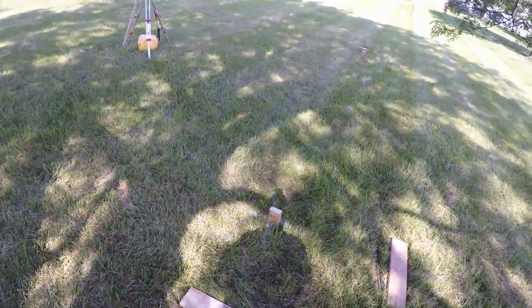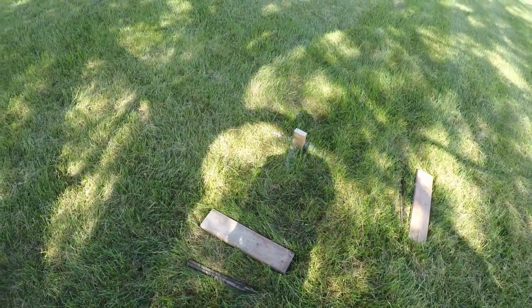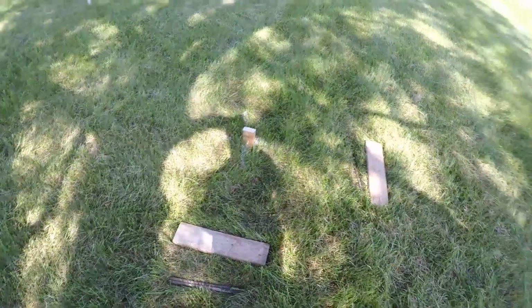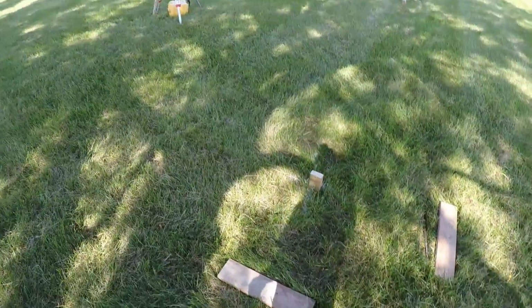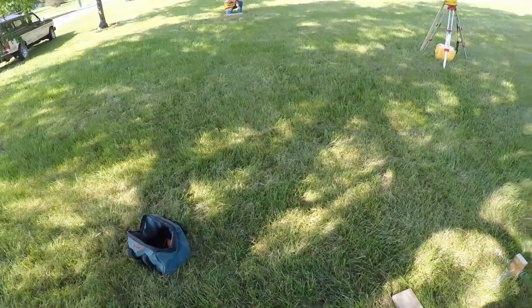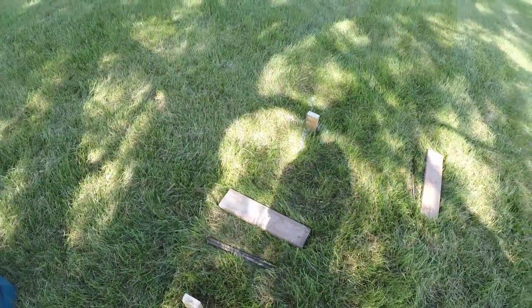Okay, so once the building corners are marked, oftentimes those corners get immediately destroyed when construction begins, so we have to preserve the points, and a common way to do that is with batter boards. So here we have laid out 2x6s. These could also be 2x4s or other stock lumber. We're going to set them roughly 4 to 5 feet off the line and drive stakes in front of them,